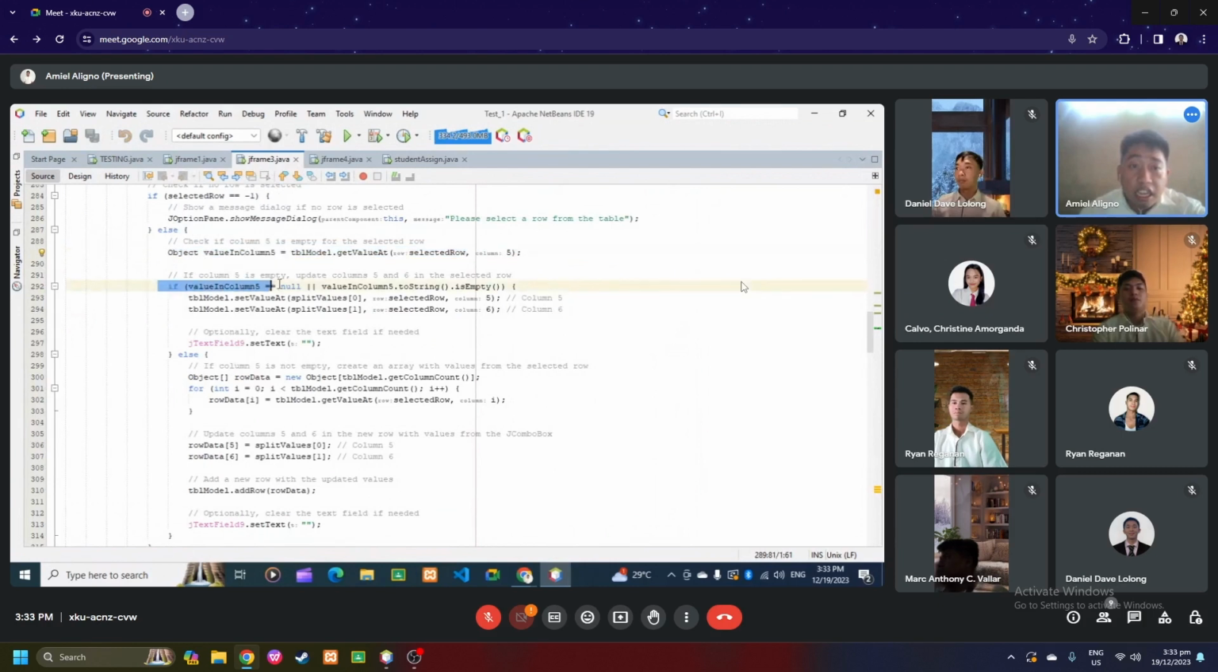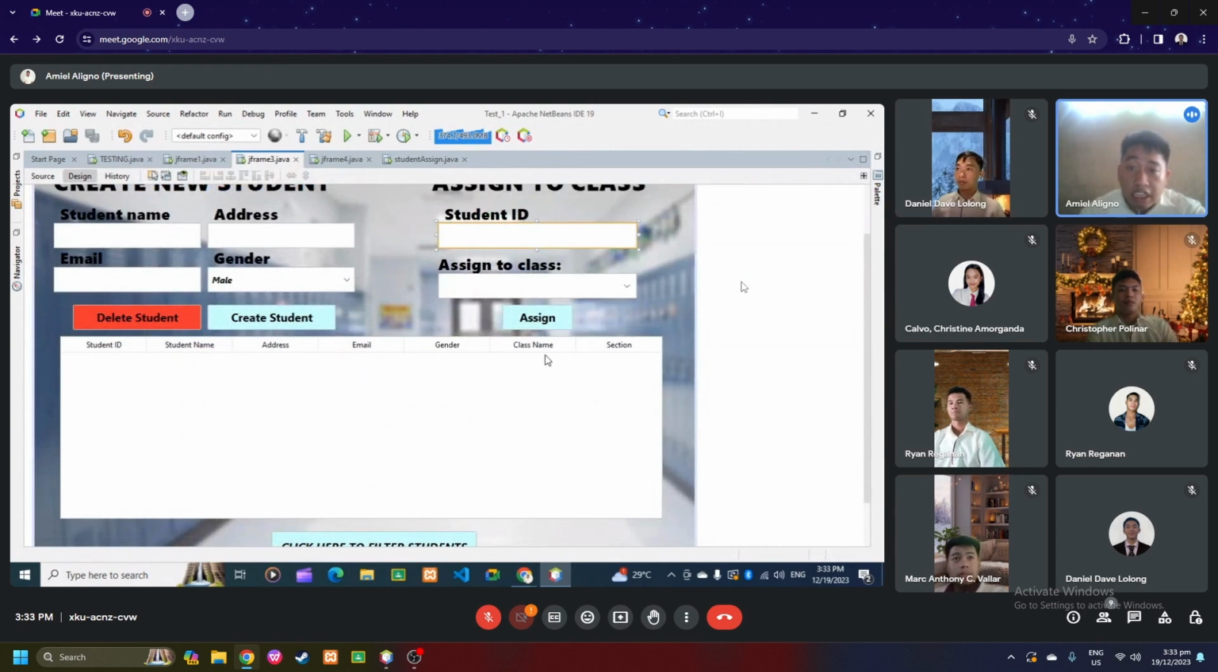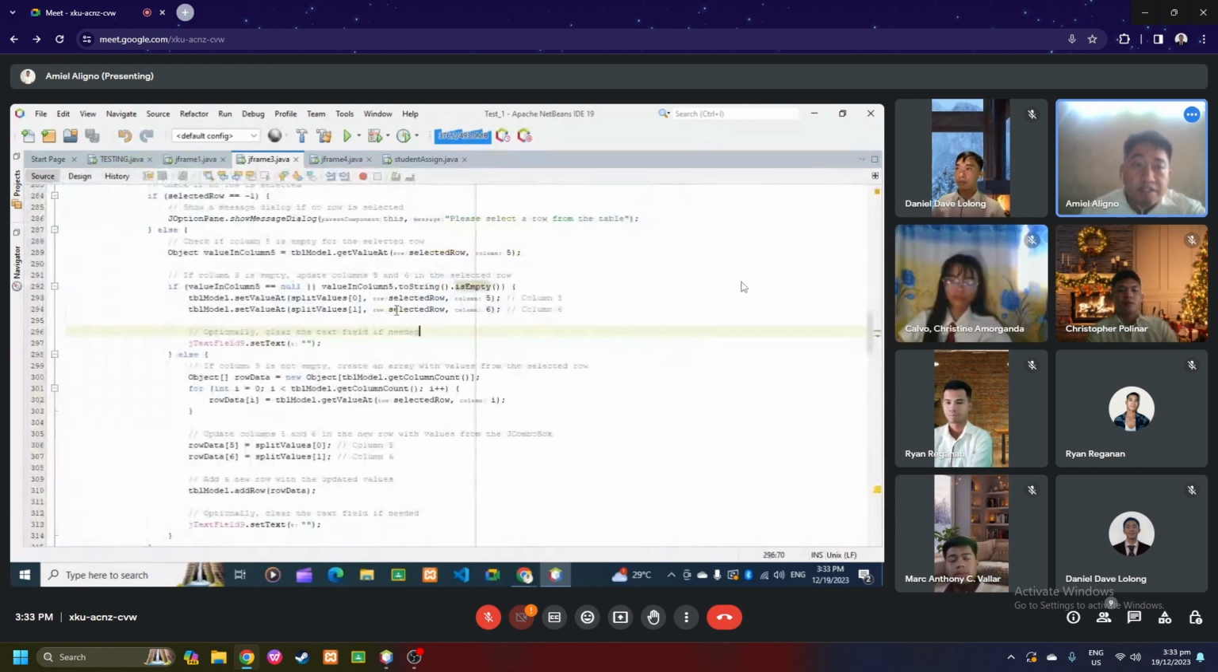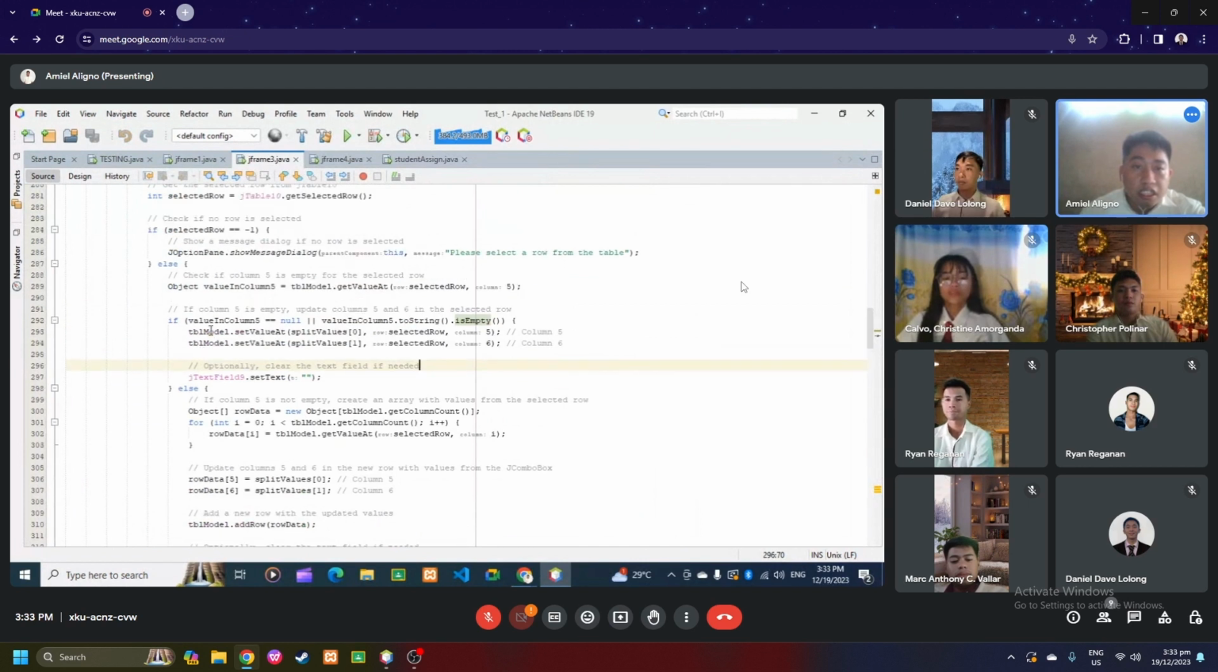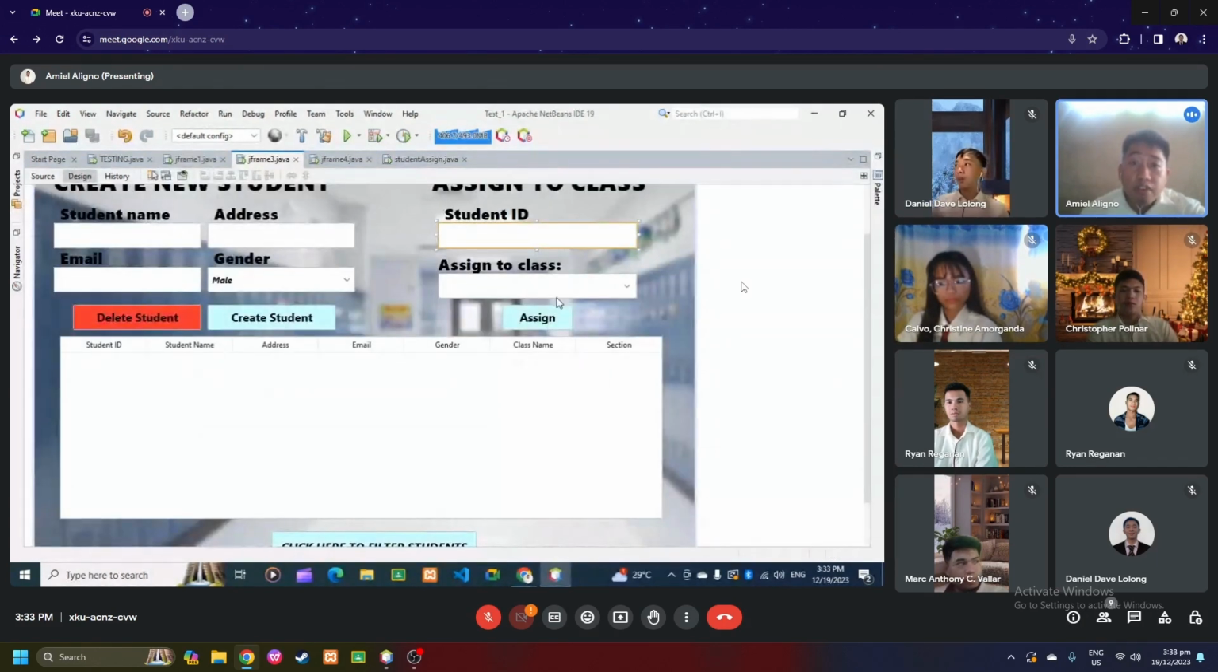And then if column 5 and column 6 are empty in that row, it will set the value of column 5 and column 6. This means that the value of the selected item in this gcombo box 1 will be transferred in this class